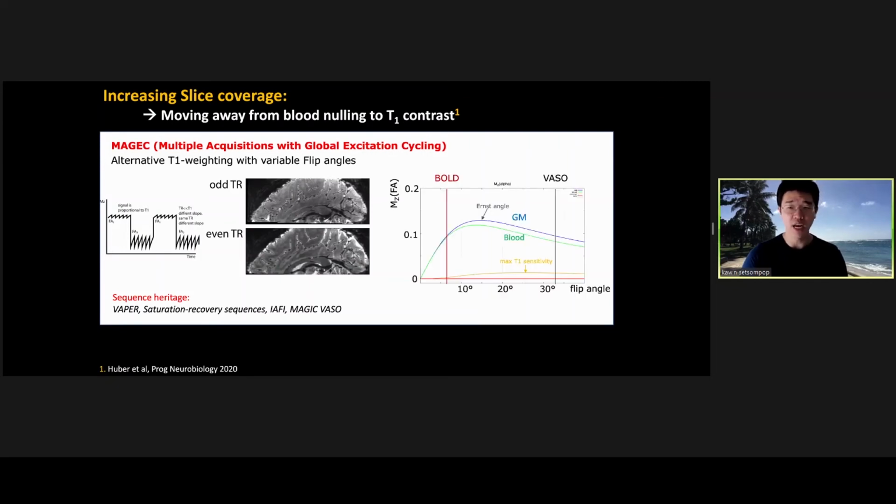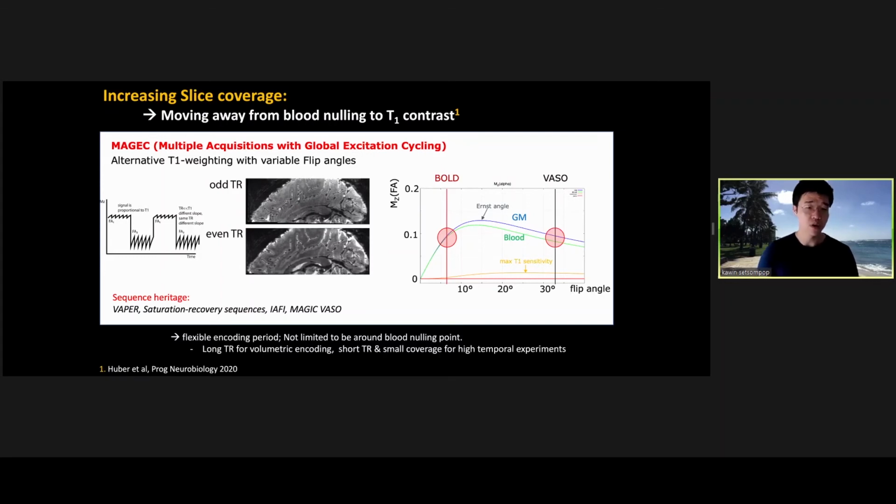So in the odd TR, a large flip angle is used so that there's a difference between gray matter and blood signal, giving CBV contrast. And in the even TR, data is acquired with a smaller flip angle so that there's no difference in the MZ of gray matter and blood, and you get BOLD contrast that you can use to remove BOLD contamination from the VASO acquisition. So this sequence provides increased flexibility in encoding because you're no longer limited to imaging close to